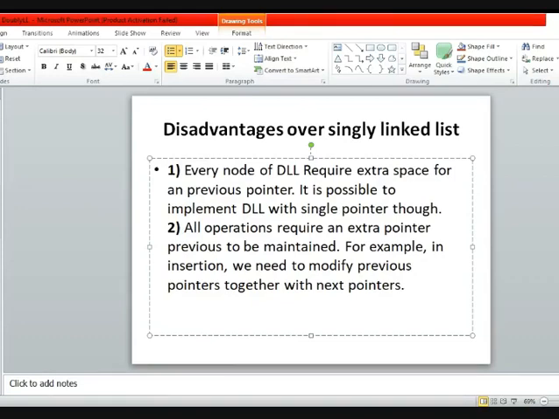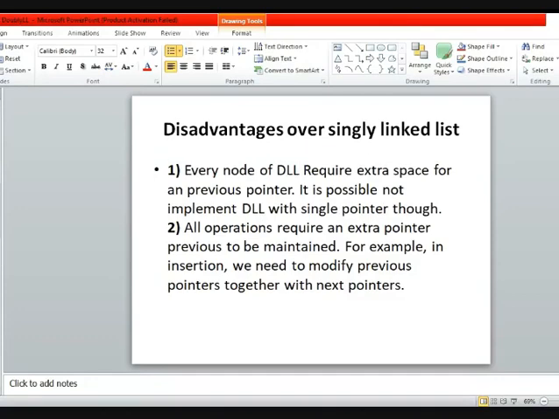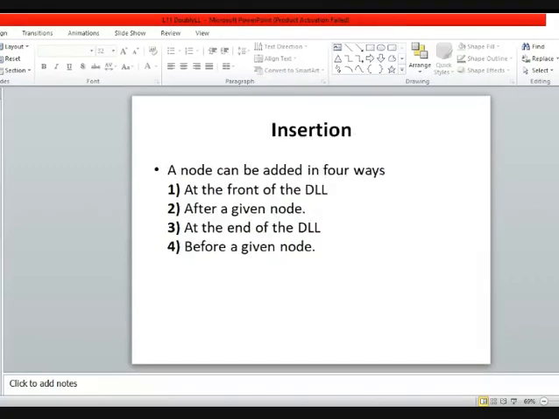Who raised the question? Ma'am, how will we implement it with a single pointer? I think it is not possible to implement a doubly linked list with a single pointer. Okay, ma'am, it may be written as it is not possible. It is incorrectly written here. So I made changes, and it is not possible to implement doubly linked list with a single pointer.